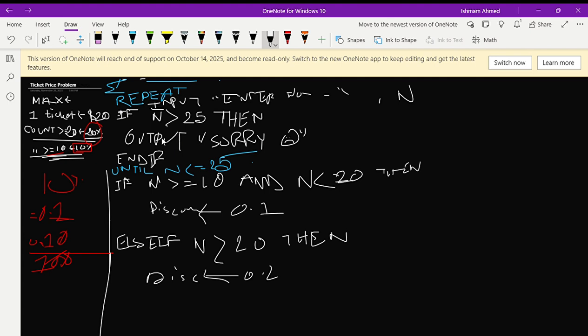Now the next part is very, very simple and very easy. Since we're done with 0.1 and 0.2, we're done with all the calculations, right? So we are only coming over here when it is